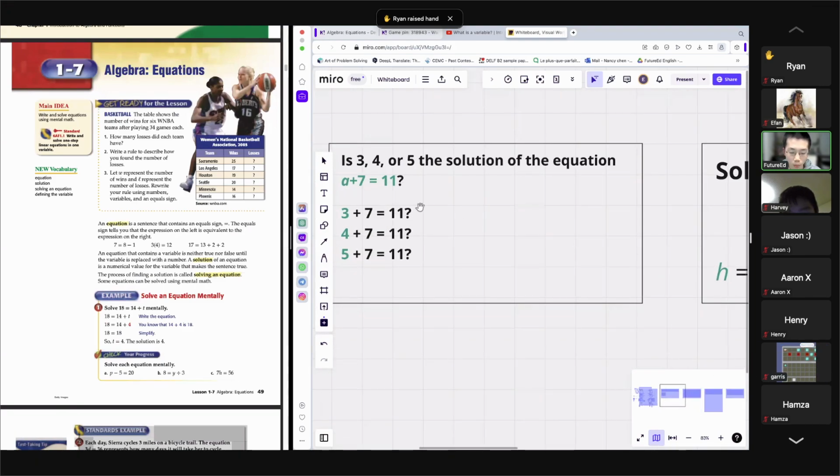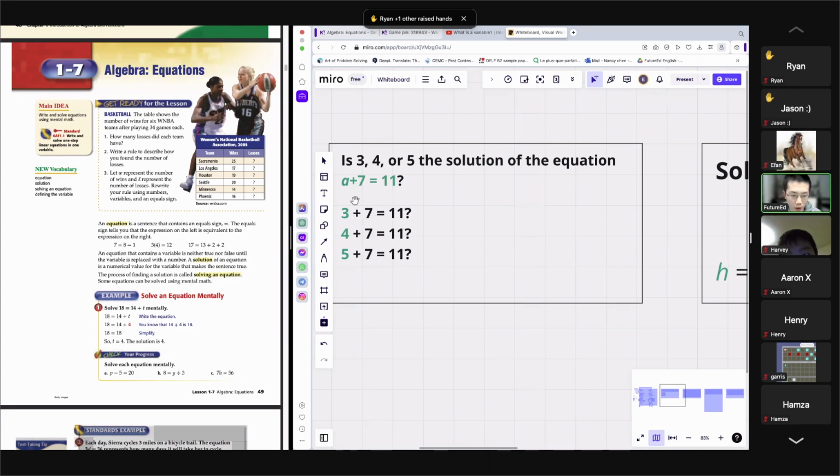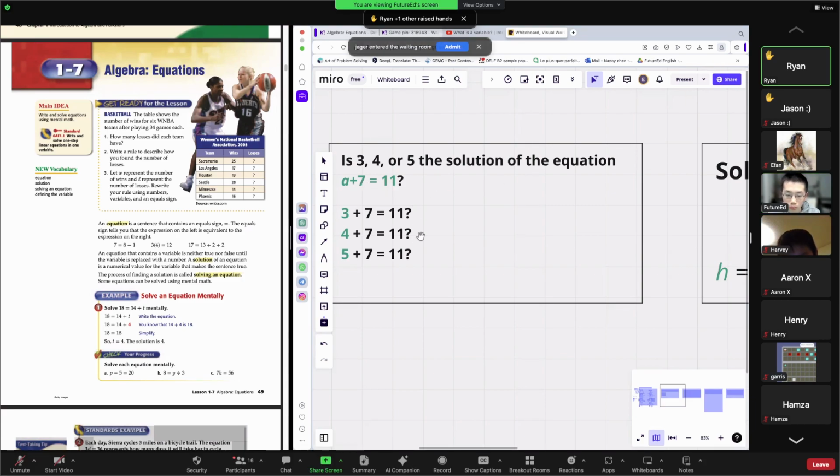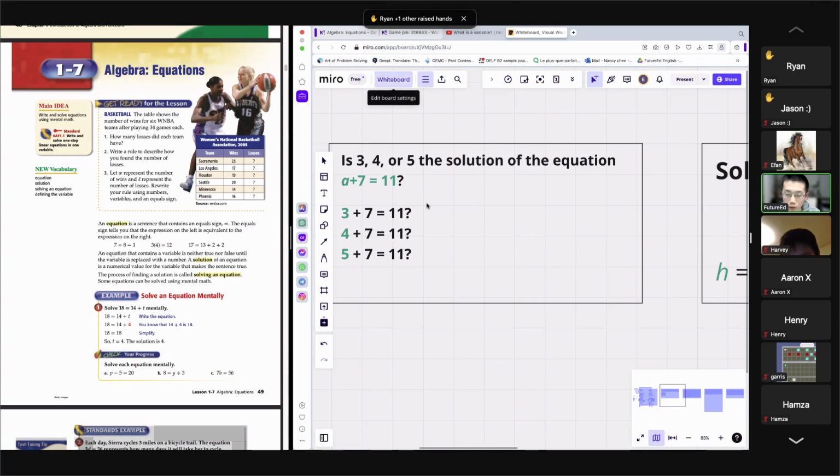After all those warm-up questions, I know it might sound a bit scary, but can any of you, Ryan, would you like to verify what value of a is the correct answer to a plus 7 equals 11? 4 plus 7 equals 11. Okay, thank you. Can I say the reason? Go ahead. Because it's something plus 7 equals 11,